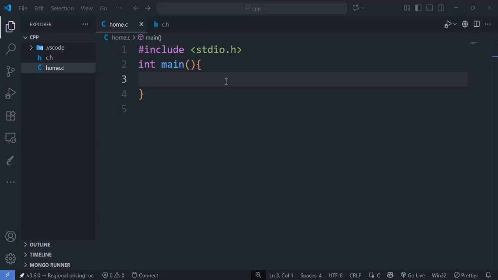Let us now learn about file handling in C programming. By the end of this part, you will understand how to create, read, write, and close files in C. So let's get started. In C programming, file handling allows us to store data permanently to the computer's storage instead